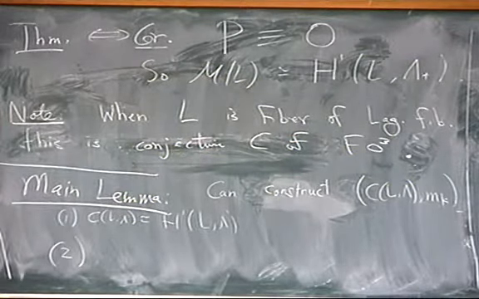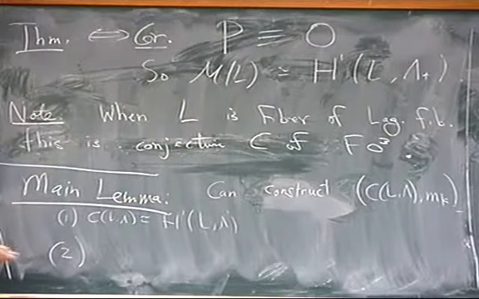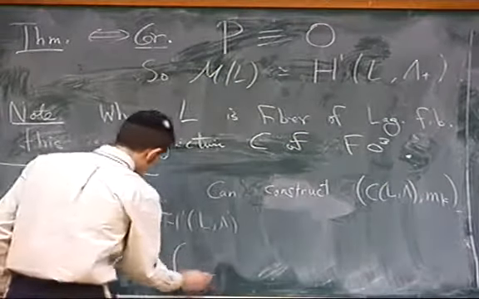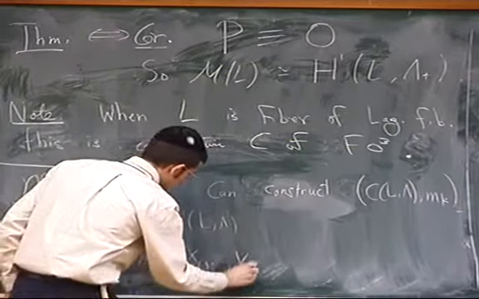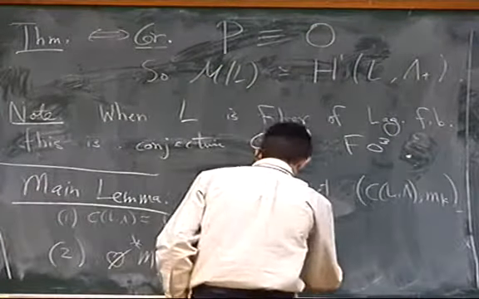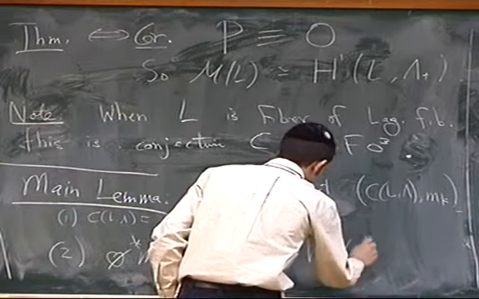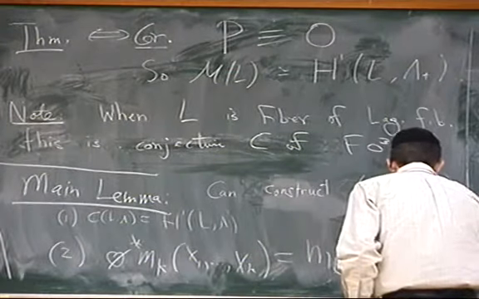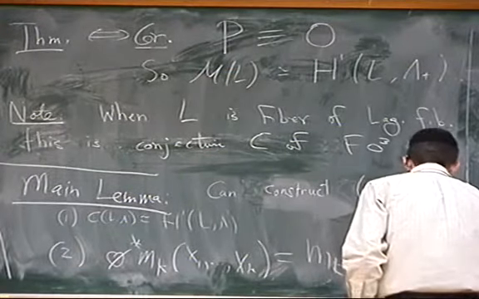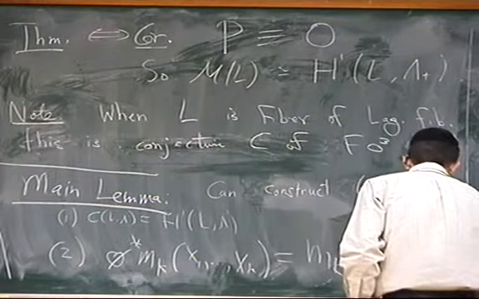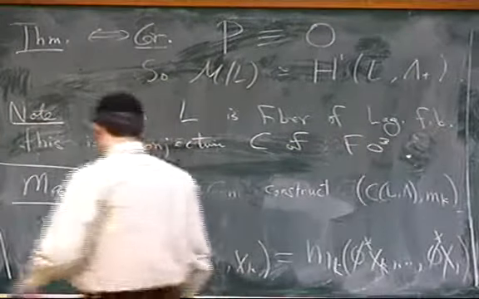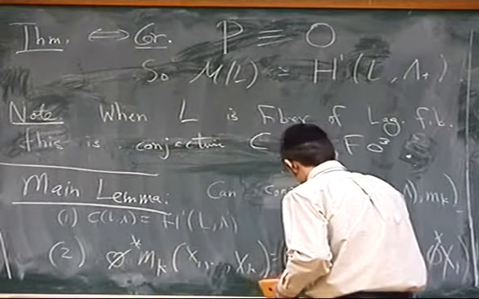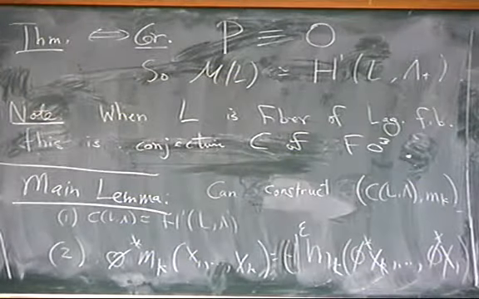I want some kind of compatibility with phi. So I want phi star of mk of x1 up to xk to be equal to exactly mk of phi star of xk up to phi star of x1, where I have to reverse the order, just like in Hiroshi's talk. And then I have to put in a sign, which is none other than the sign of Hiroshi's talk.